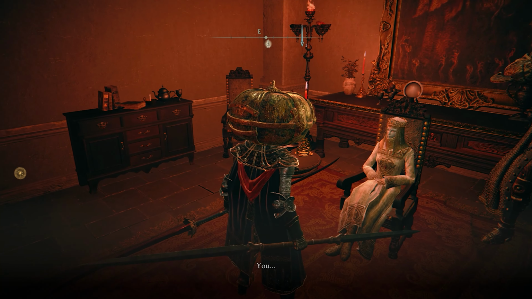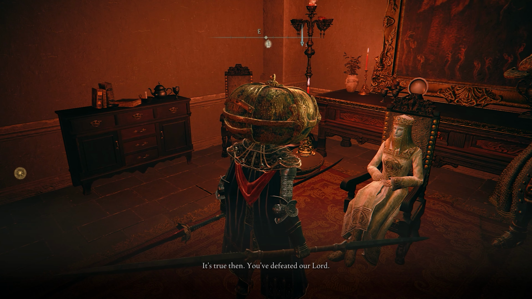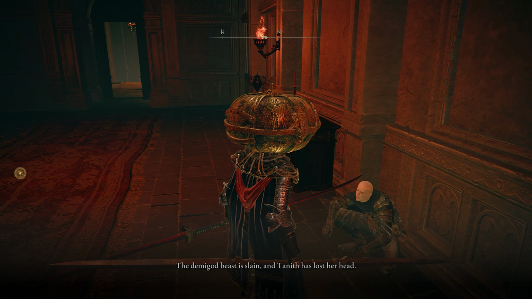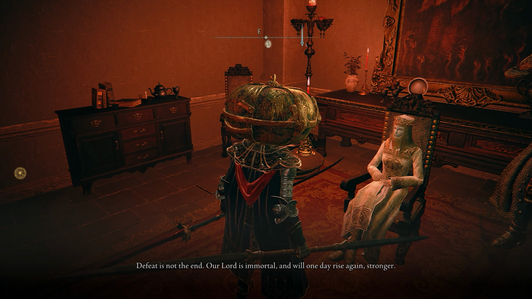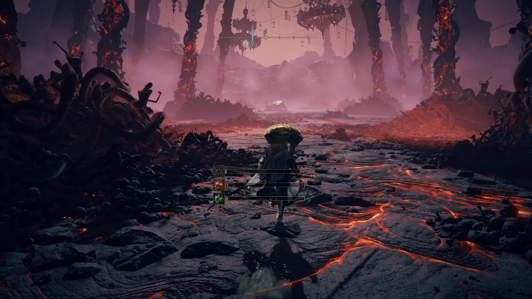Then return to the Volcano Manor and speak to everyone hanging around and exhaust their dialogue. It becomes clear that now that their lord is dead, the Volcano Manor is so last week, and everybody is moving on. Although Tanith does say that the old snake man will rise again someday,